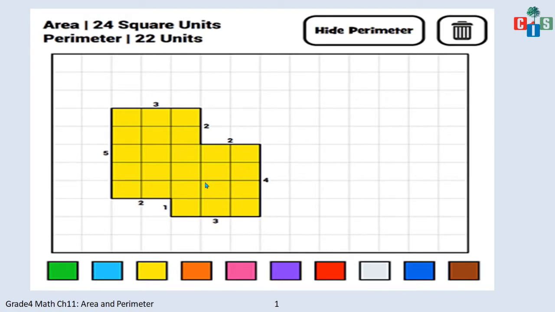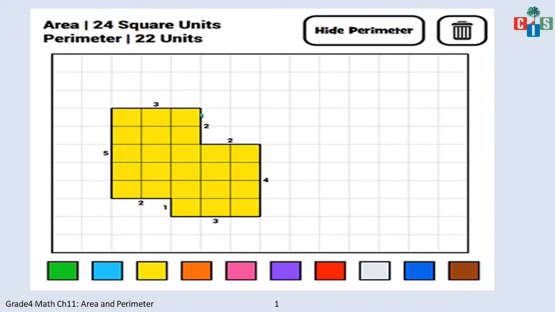Now this is a regular figure. Regular figure in the sense it is using lines. And it has a specific area. So you have to find the area and the perimeter of the figure. Now first of all, let's recollect what is area and what is perimeter. Perimeter is the boundary. And area is the space. So this is the difference between the two. Now let's find out the perimeter first. Perimeter is the boundary, so let's do the boundary.